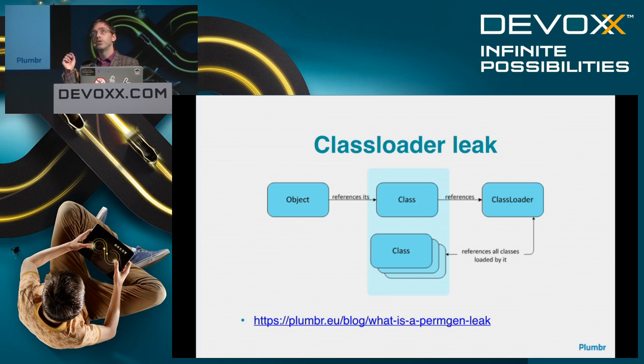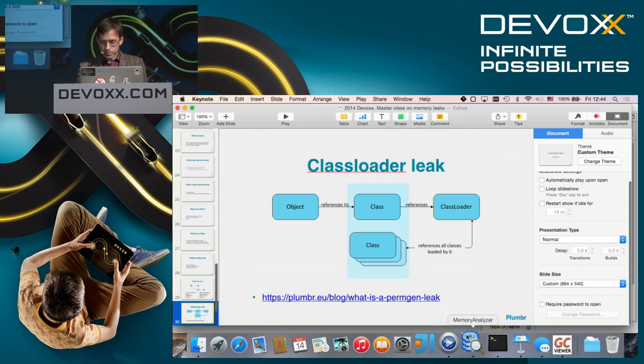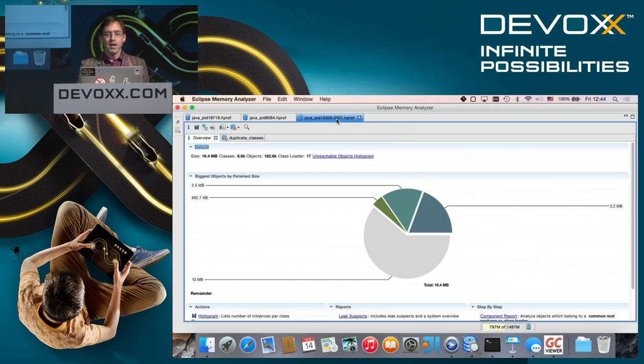So you have to find that one object which has been left behind by your application, one object or more objects if you are not lucky, and break that reference from the GC root. And how do you do that? In this case, Eclipse Memory Analyzer is perfect. It's really easy to find class loader leaks with Eclipse Memory Analyzer. What you do, you open your heap dump again,